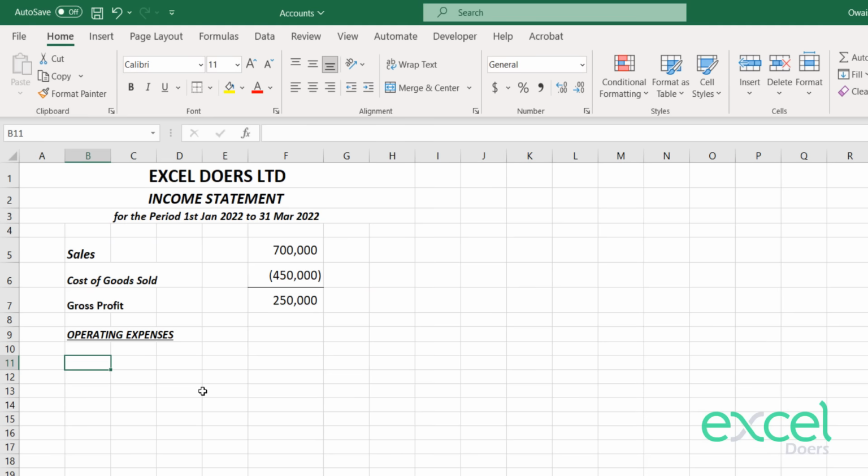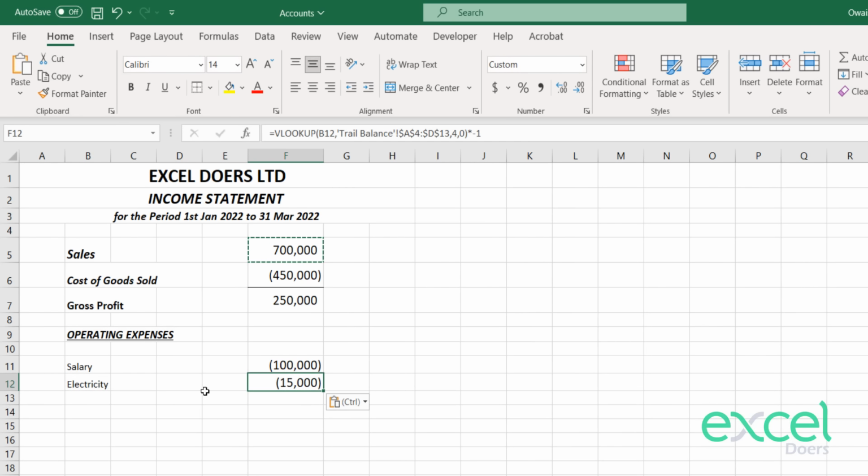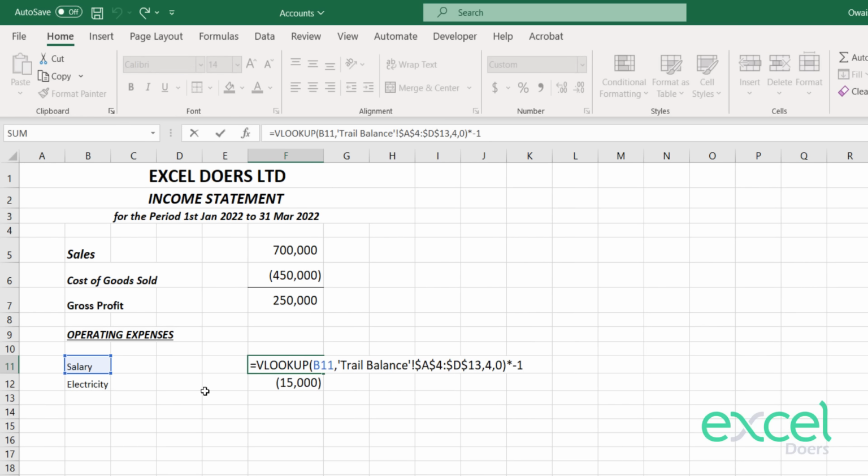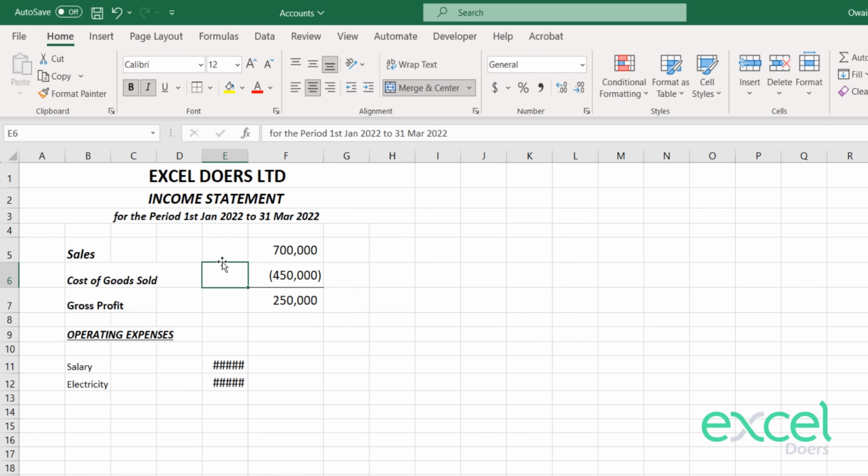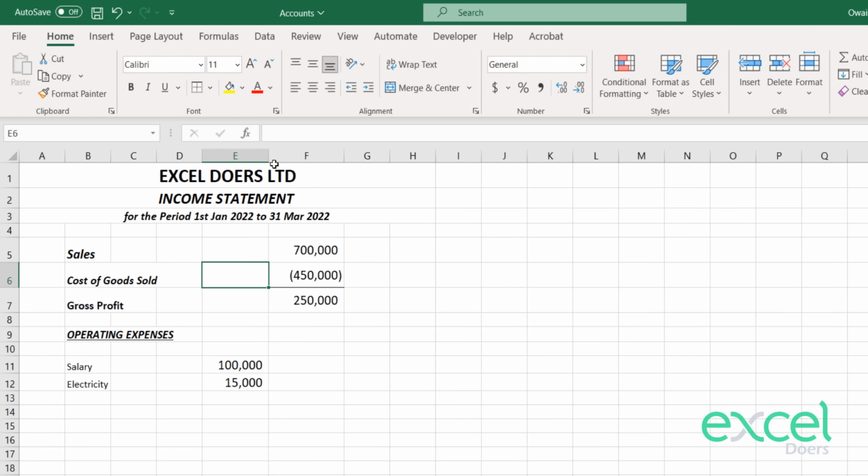So salary and electricity, right? The same formula you can copy and paste here. You can remove this sign here because we are going to total them, and then we will reduce them. So we will come a column before here for presentation purposes. That's how, as standard, we prepare our income statement when we list down all the expenses,